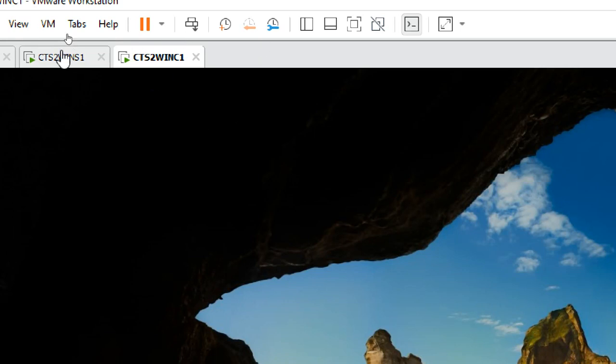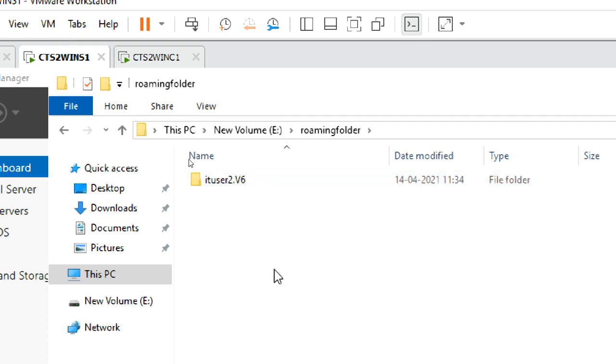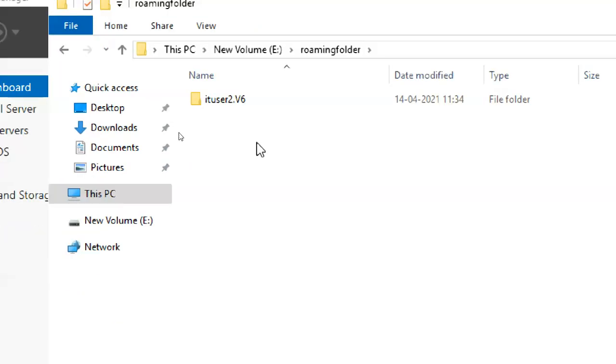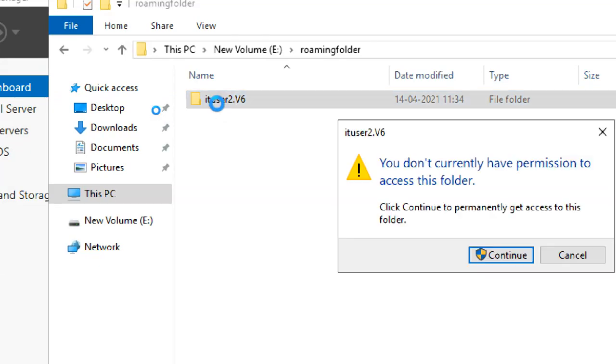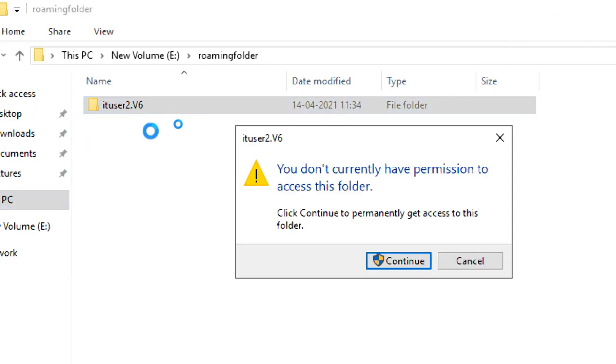So the easy way is to use my admin privileges. I try to access my profile data in the server. Why is it showing empty? It says you don't currently have permission to access this folder.